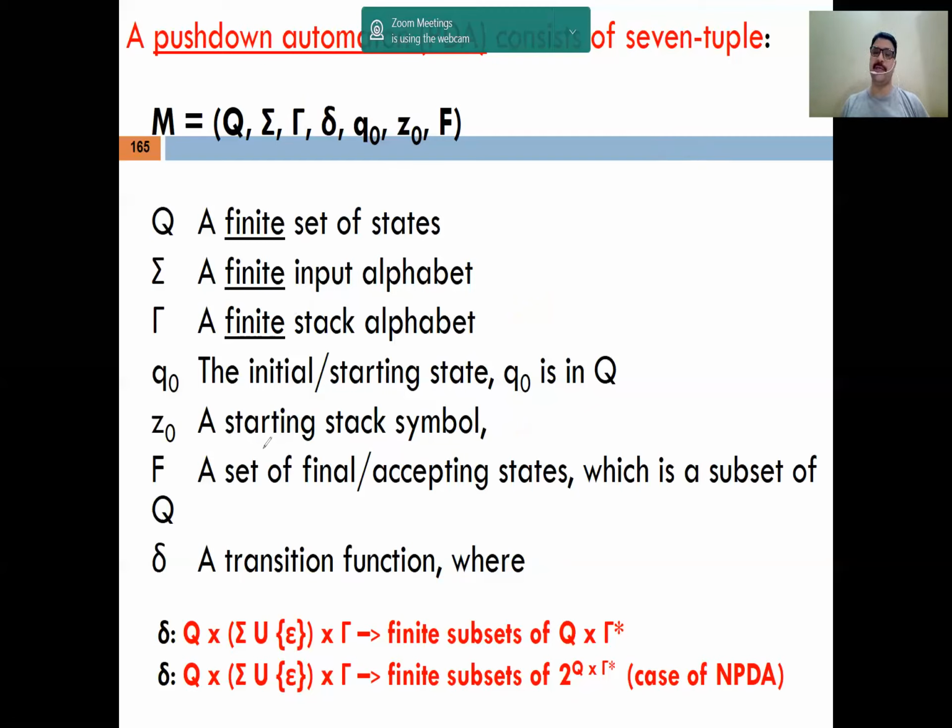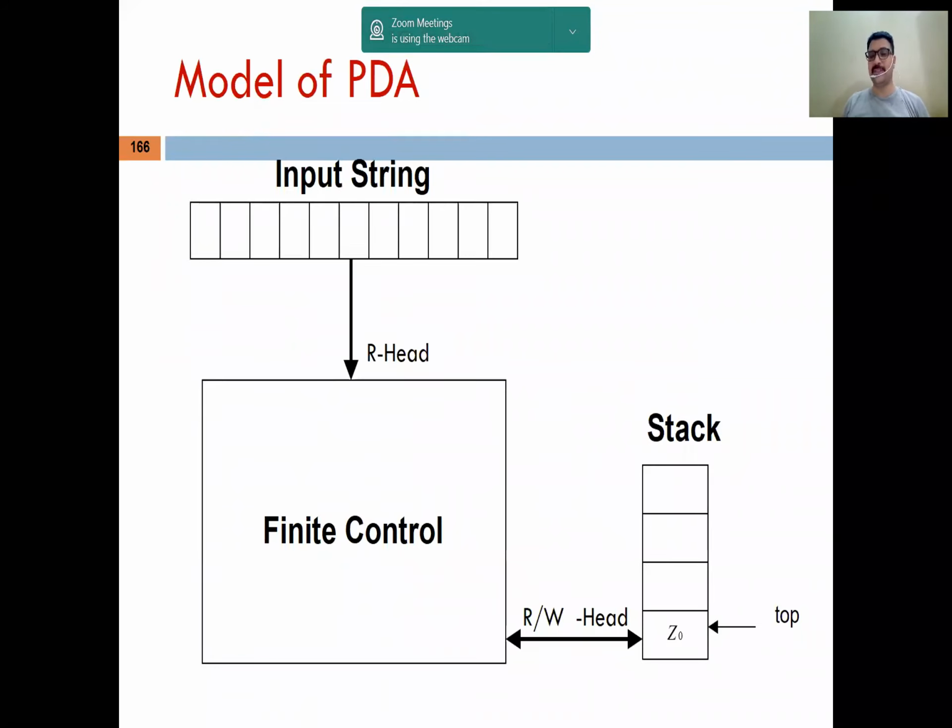The important point here is the transition function. So how does a transition function work? Before emphasizing the transition function, we want to explain the model diagram of the PDA, so that you can understand the working of DFA as well as PDA, and perform the comparison between PDA and DFA. The model diagram of PDA can be represented in this form. This is the simple representation of the model of PDA. In this case, you can find easily this part is just similar to the DFA.